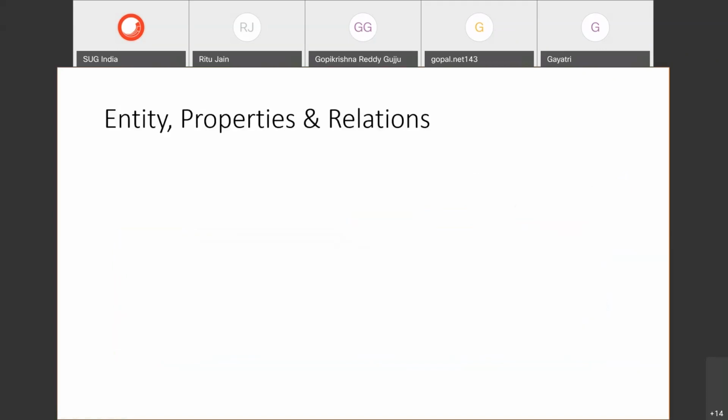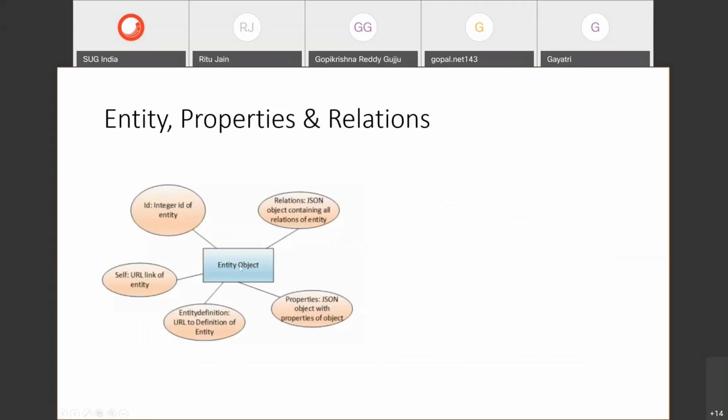And entity, properties, and relations, these are the main pieces in Content Hub. What is an entity here is, it's a data representation of objects inside the system. So whatever we represent in Content Hub, it is by entity. Each entity object will have an entity definition. It's a kind of, you can say, class and object in the object-oriented world. So entity definition is that class, and the object is the instance of it.